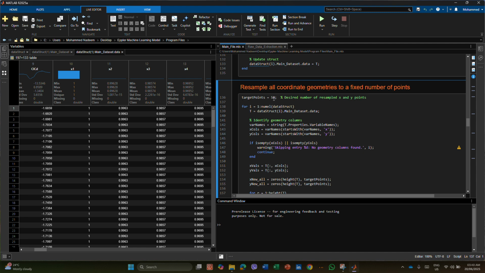The reason we are reducing the target data points for the output is that the model has a time constraint. It will take a lot of time if we have a lot of outputs, so we have to do it in a shorter time. So if we run this code for resampling,